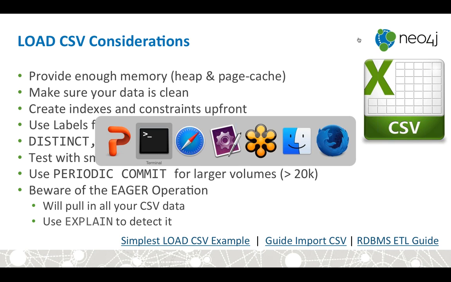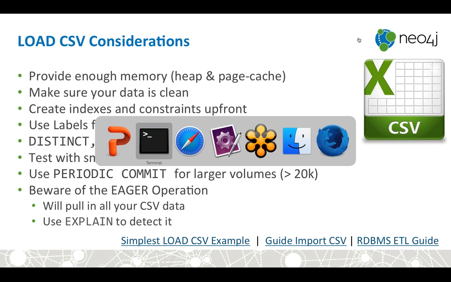It's helpful to create indexes and constraints up front, because then the match operations in your data and in your statements will actually find entities or nodes directly from the index. Otherwise, it has to scan the database. And if it scans the whole database for each row of a CSV file, then you can imagine it will take quite a while. Also, don't forget to use labels for matching, because otherwise it can't find the index that